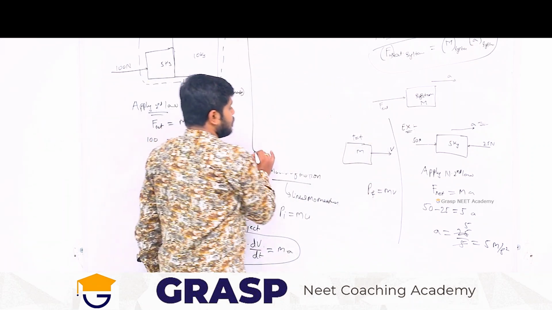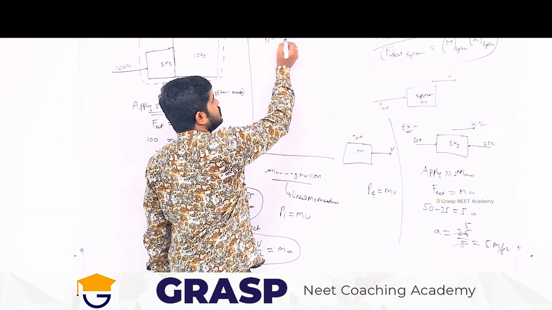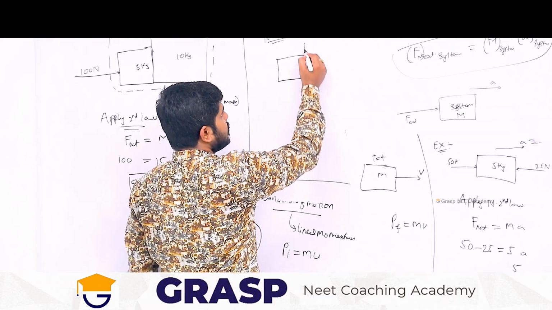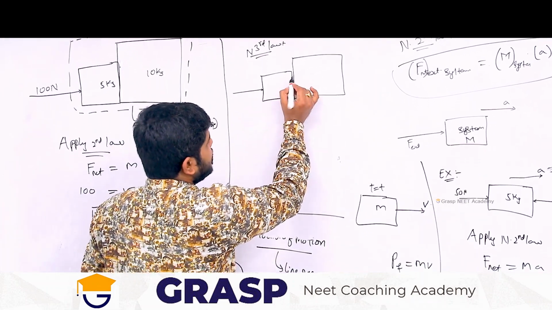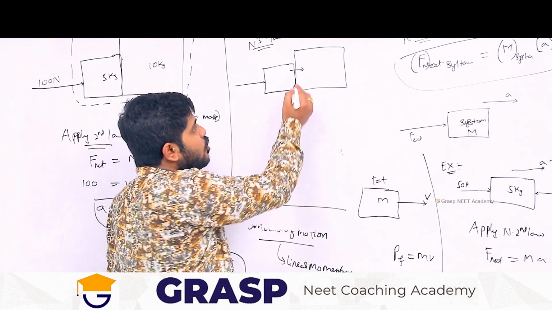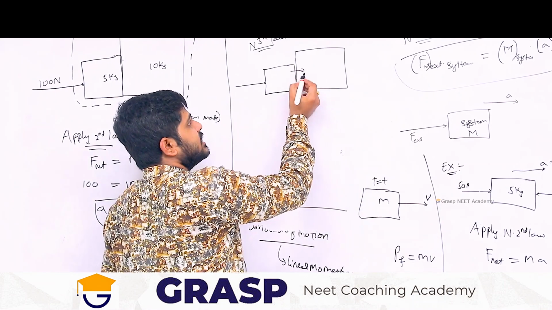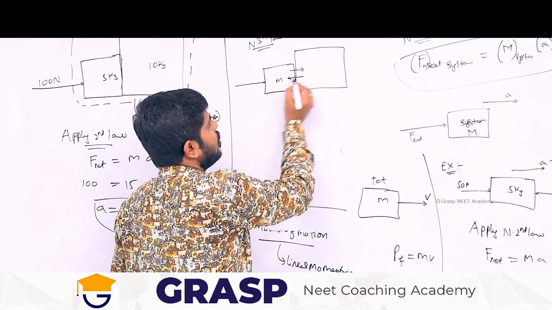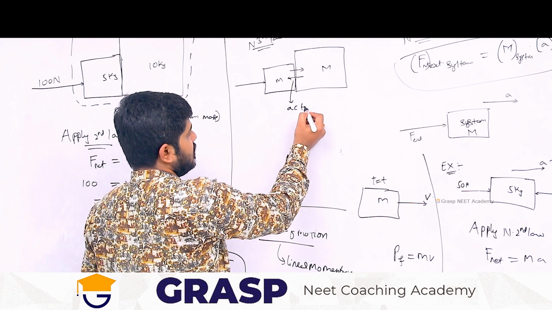Now in Newton's third law, what did he say? Suppose one object is there and one more object is there here. When you push, this object is pushing in this direction. In the same way, however much this object pushes the other object, the same equal amount acts in the opposite direction on this small object. So this is an action and reaction pair we will say.